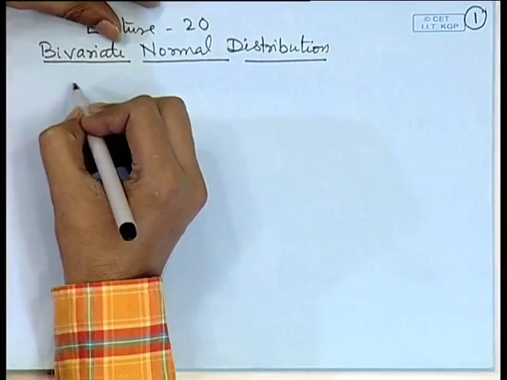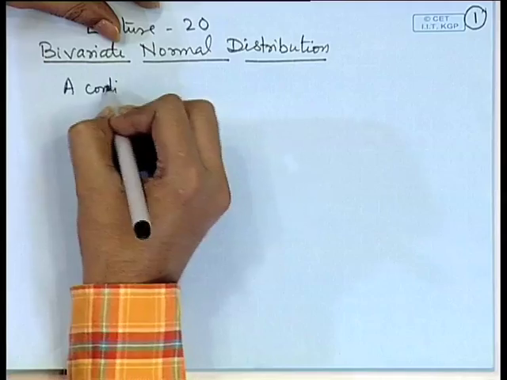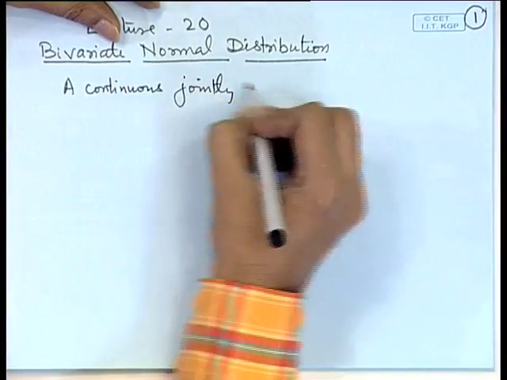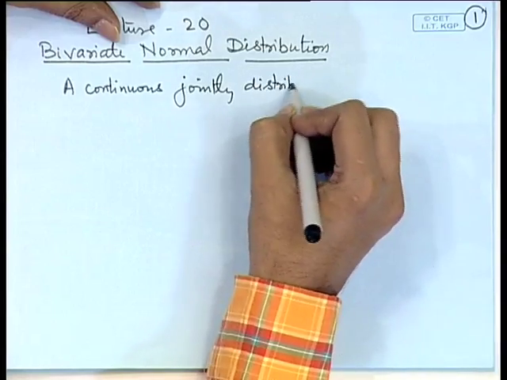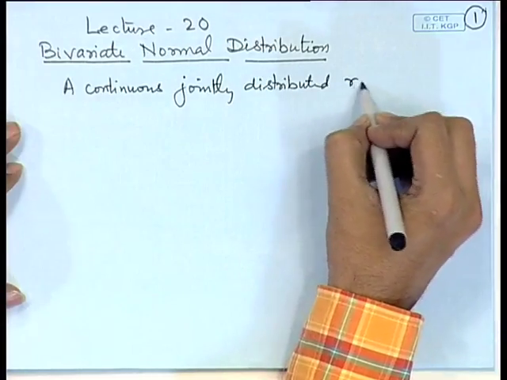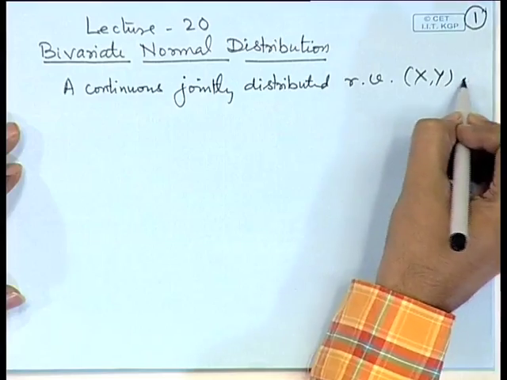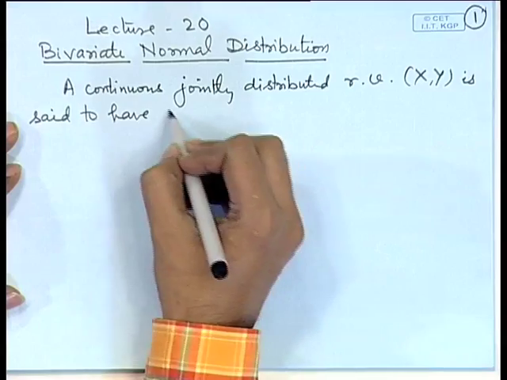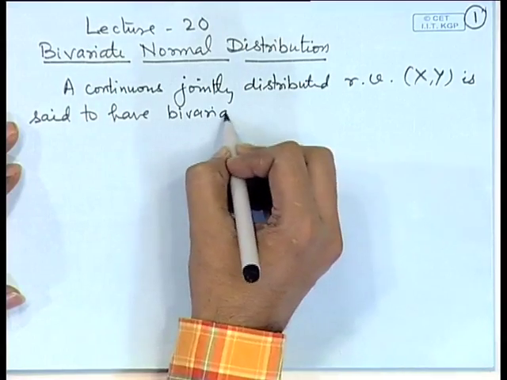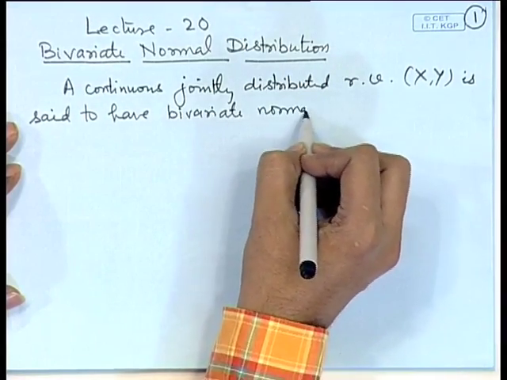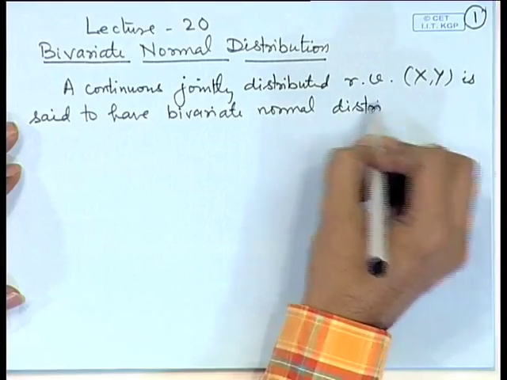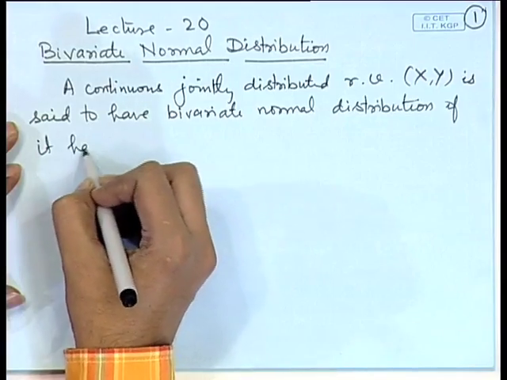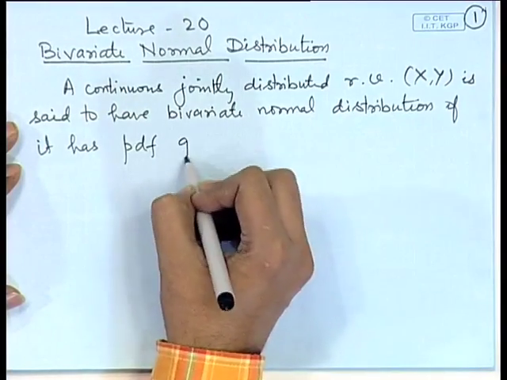So, a continuous jointly distributed random variable (X, Y) is said to have a bivariate normal distribution if it has the probability density function given by